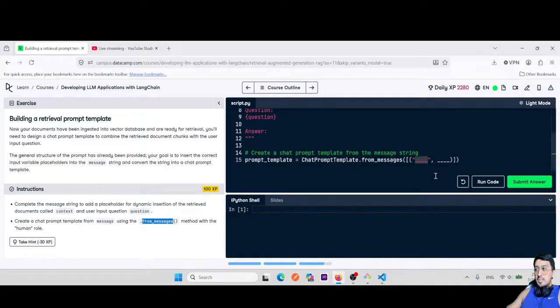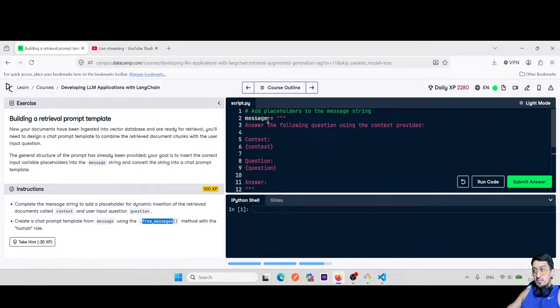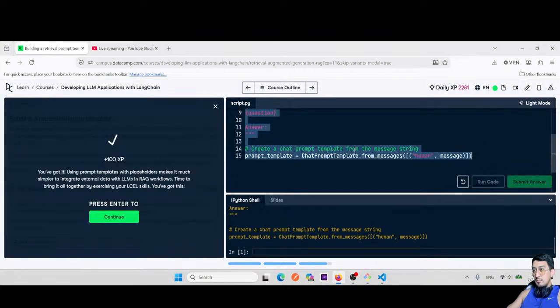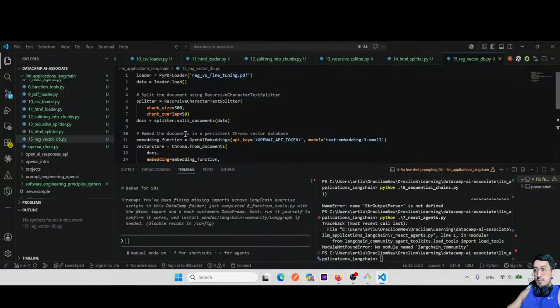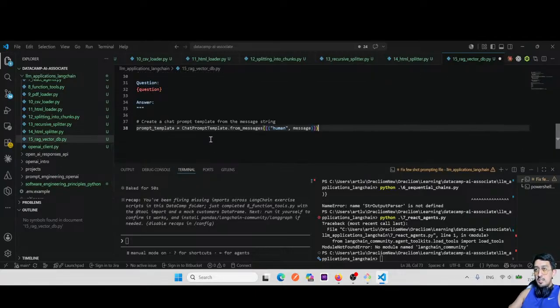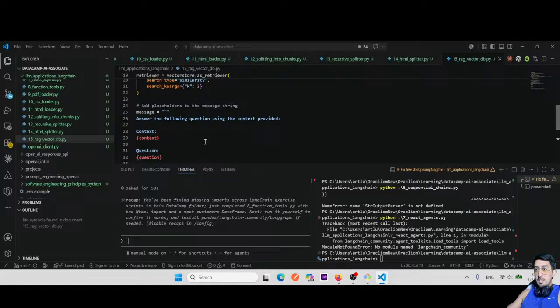From messages with the human role. So in this case, this is going to be in here,